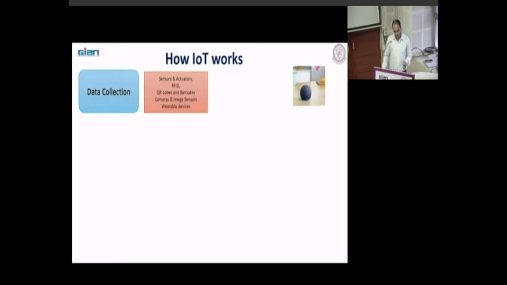Okay, so sensors and actuators, we use RFID, QR codes, cameras and image sensors. Does anybody tell me the use of these cameras or image sensors? Any example? Where do you use the cameras? Which kind of data do you analyze with this? Detect, yeah, that is one thing. And in traffic management, with the help of the camera, you capture how many vehicles are on the road, and accordingly it will provide that data. It will share it with your cloud. Cameras, again, image sensors and wearable devices.